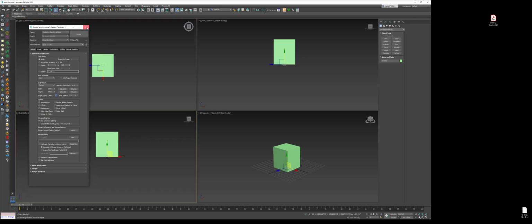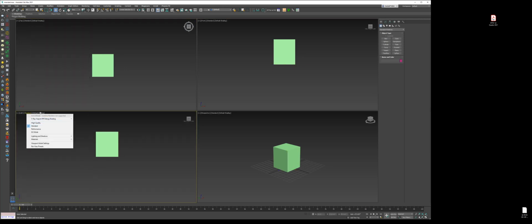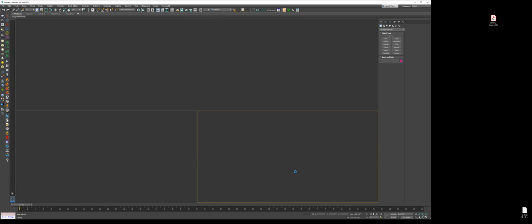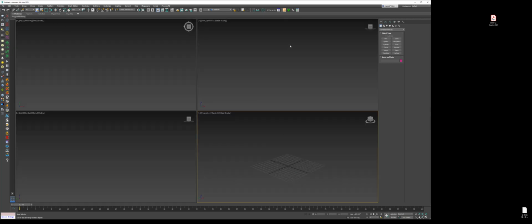If you don't want this to be a wireframe mode whenever you start, press F3 in this viewport, F3 in here, F3 in here. There we go. Make sure this is standard. So there we go. And then now what we'll do is we'll save that max start. And now if you go to File, Reset, click Yes, it's going to automatically load that max start file, but